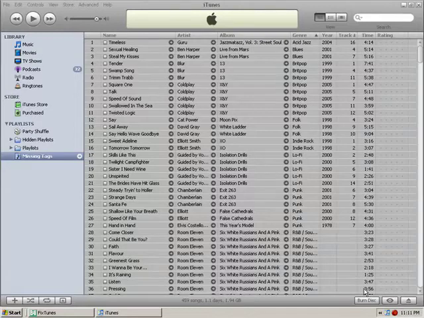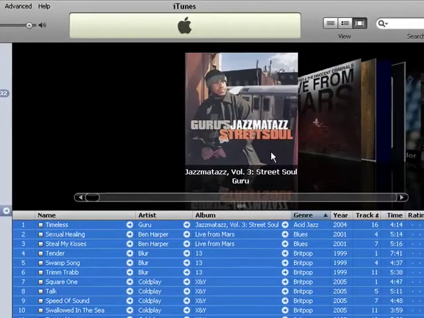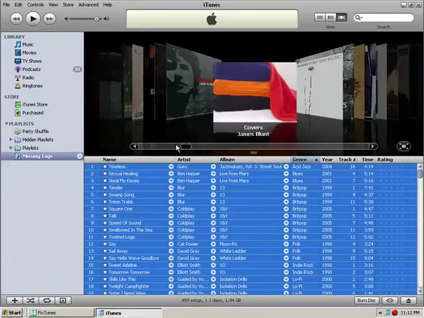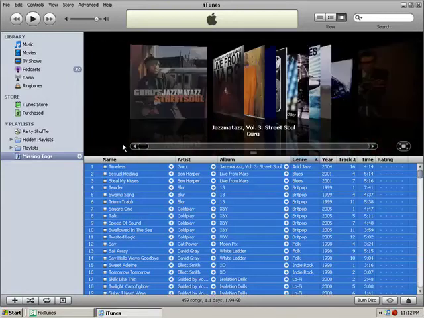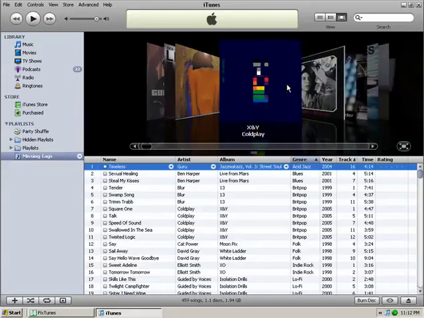Once iTunes is finished looking up all of your album art, you can click on the Cover Flow icon up here, and you'll see it. Not only did it find most of the missing tags, but it looked up the album artwork for a bunch of these albums. It doesn't get all of them, but it gets a lot of them. So this is a nice way to maintain and update your MP3